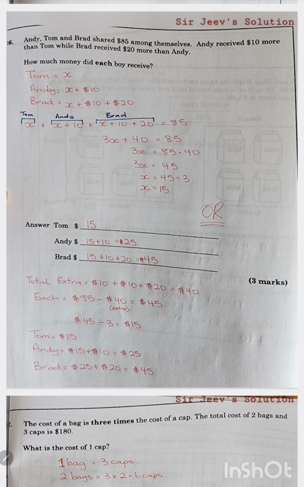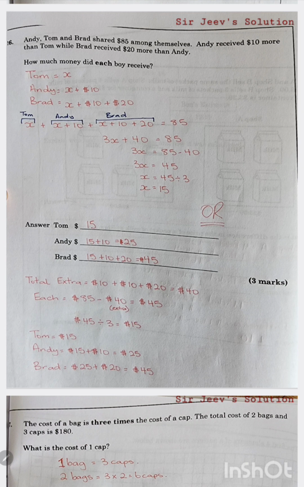take away all the extra amount of money. The total extra that was being shared was the $10 for Andy and the $10 plus the $20 that Brad received. So in total, we gave away an extra $40. To calculate what each boy received, we take away from the $85, which is the total, the $40 extra, and we end up with $45. We are sharing it among 3 friends, so it is 45 divided by 3, and each one of them received